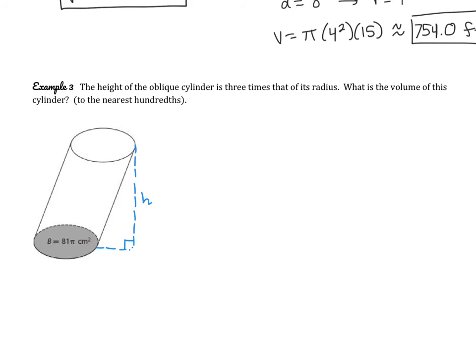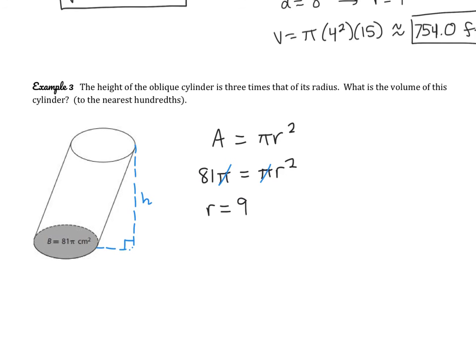We are told that the base has an area of 81 pi centimeters squared. So remember, area equals pi r squared for a circle. Let's substitute what we know the area to be. 81 pi equals pi r squared. And now we can actually use this. We're going to work our way backwards to solve for r. So first thing you can do is we can divide both sides by pi. It essentially cancels them out. And then here we're just going to take the square root of both sides. We'll just take the positive square root because, of course, a radius can't be negative,